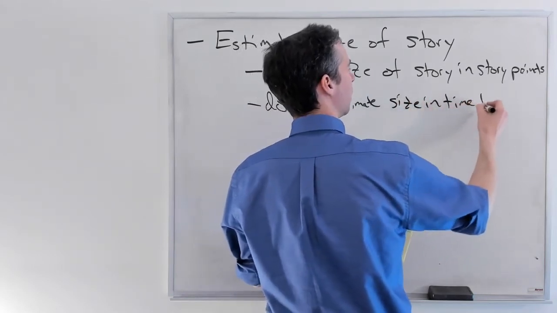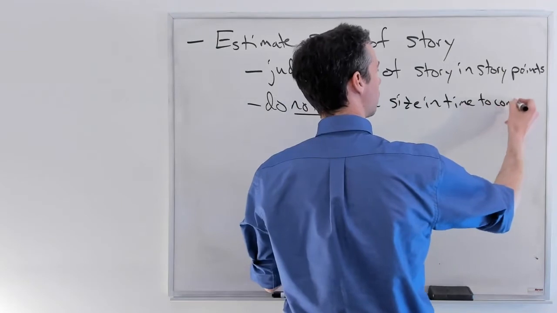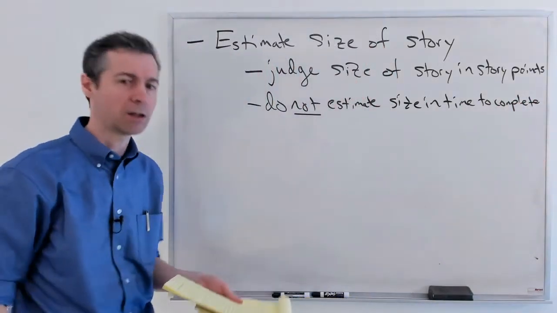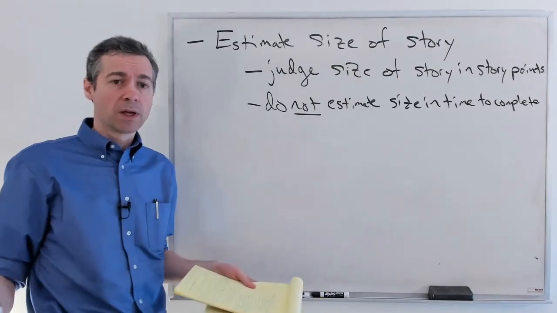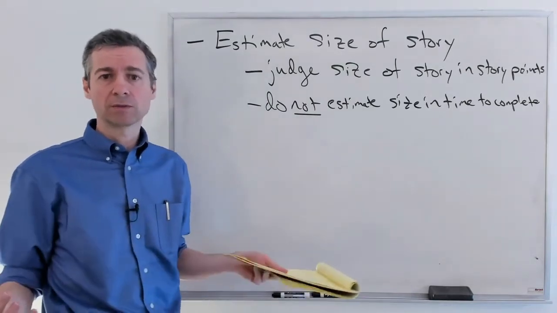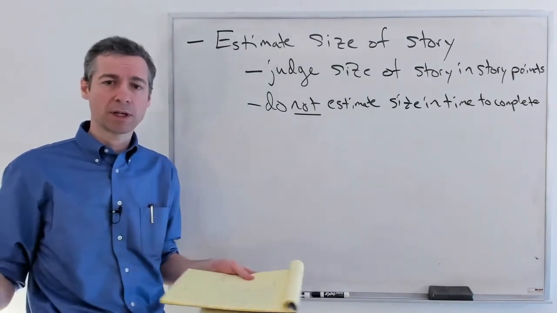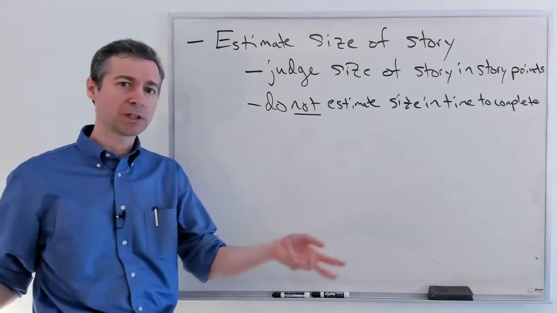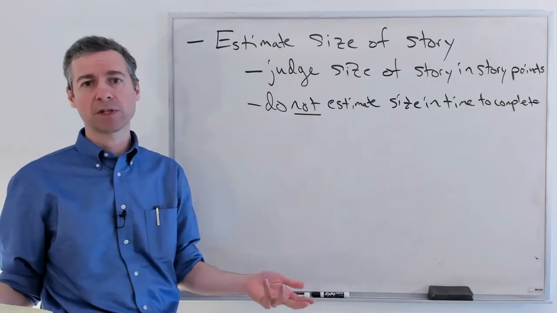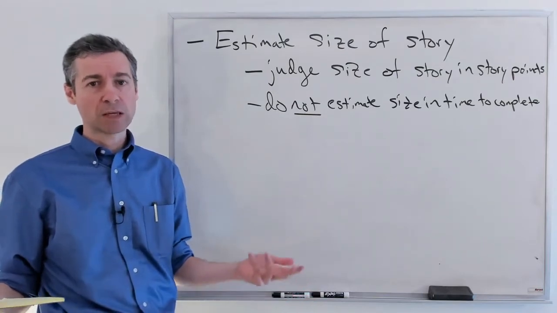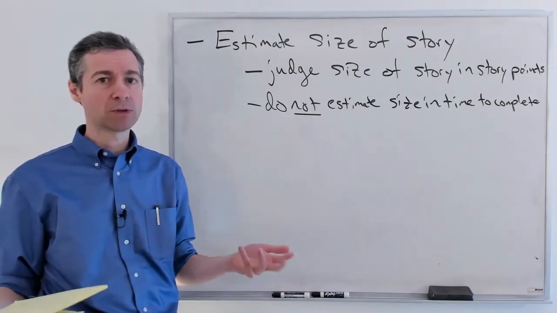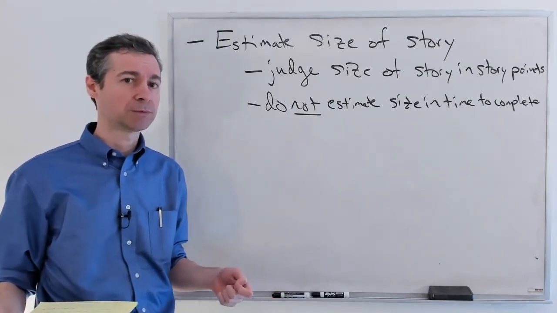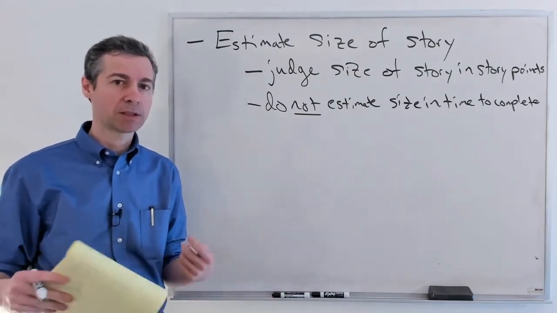Now, it seems like that's what we should be doing, because isn't that what we're trying to figure out? How long is it going to take us to do? If we've got a total amount of work and it's going to take all this amount of time and we have this many people, then we can calculate whether we'll be able to get it all done if we work this many hours a day. Seems reasonable. And people used to try to do that. And it didn't work very well. Time and time again,